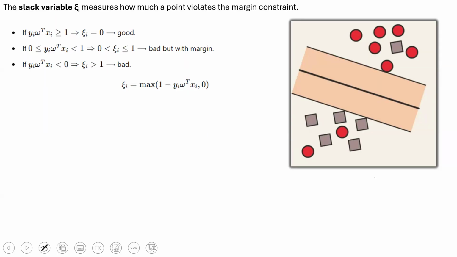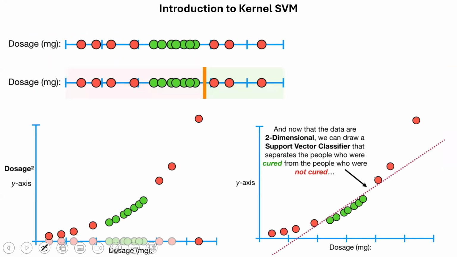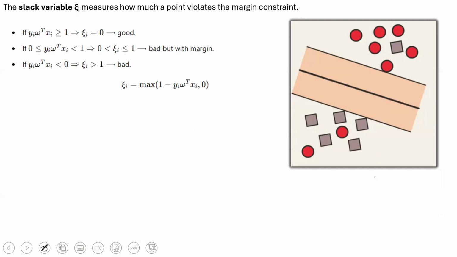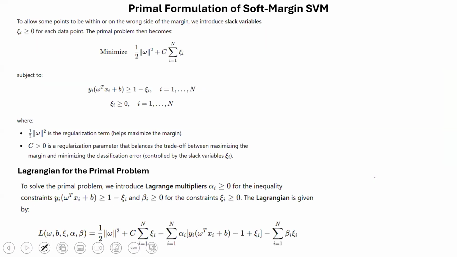Now let's understand: the slack variable measures how much a point violates the margin constraint. What is the margin constraint? The margin constraint is yi w transpose xi is always greater than or equal to 1. Now let's take this thing, yi w transpose xi plus